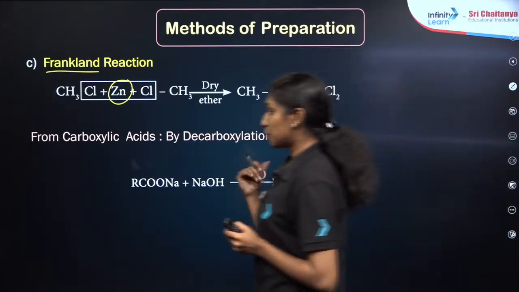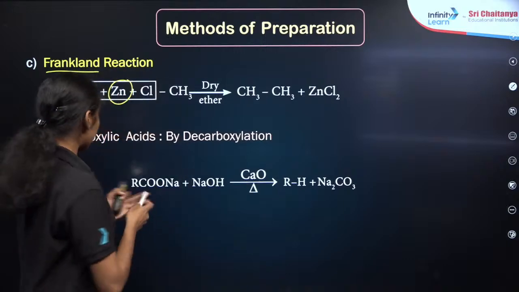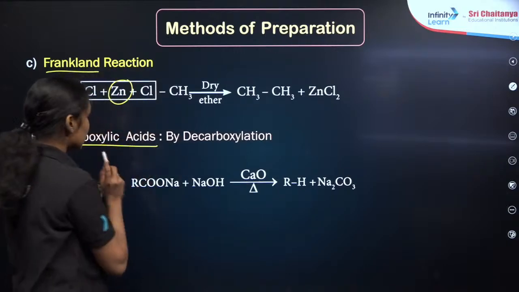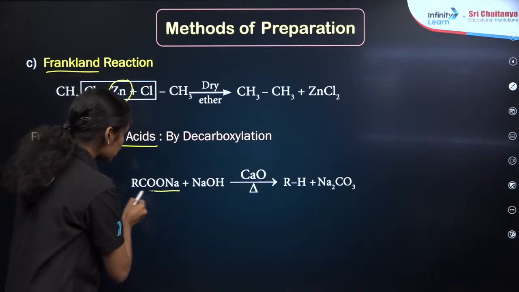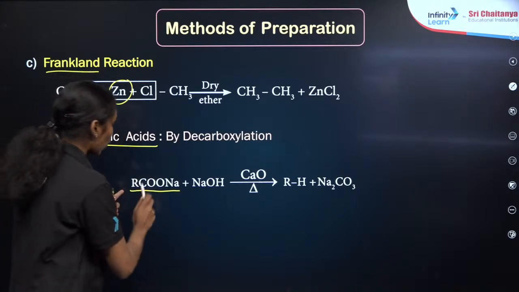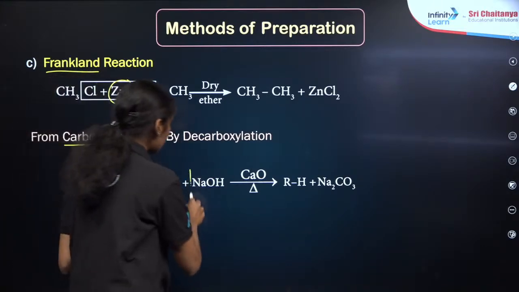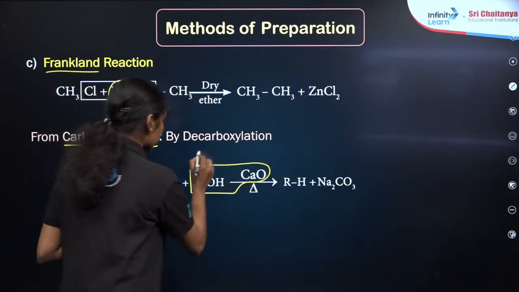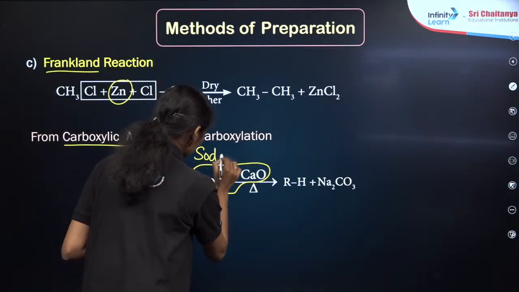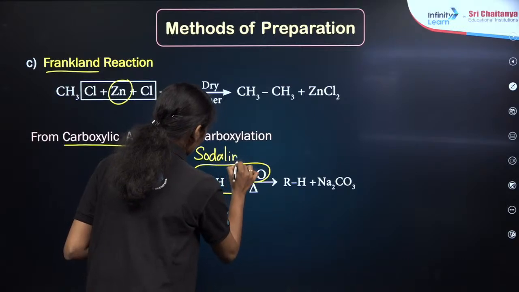Now the last method of preparation is from the carboxylic acid. The first method is decarboxylation. This is the sodium salt of carboxylic acid, RCOONa. It is reacting with soda lime. This combination of NaOH plus CaO is known as soda lime, right? Soda lime. So what you are observing here,